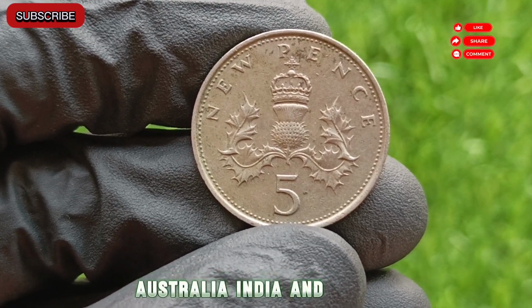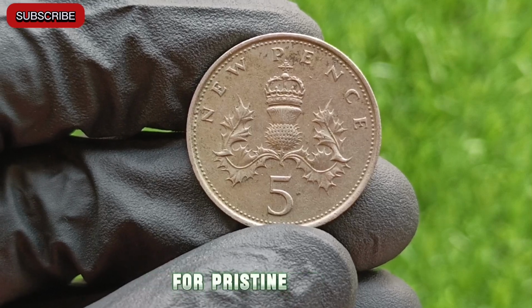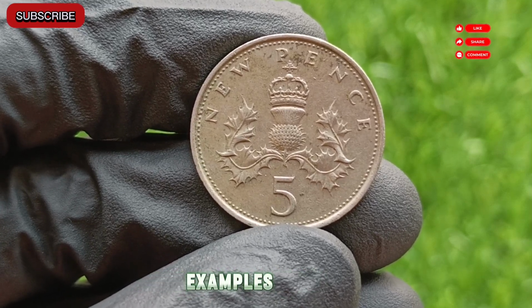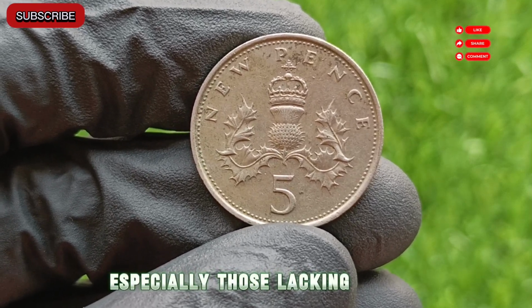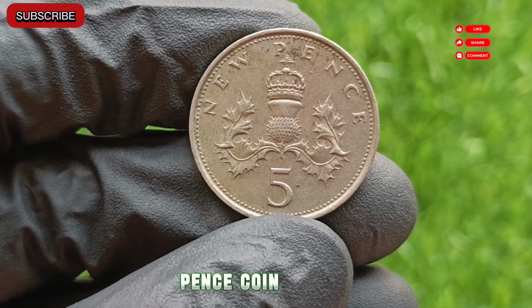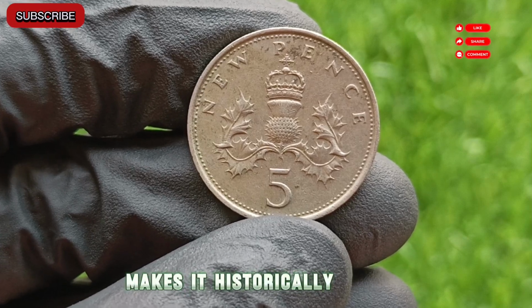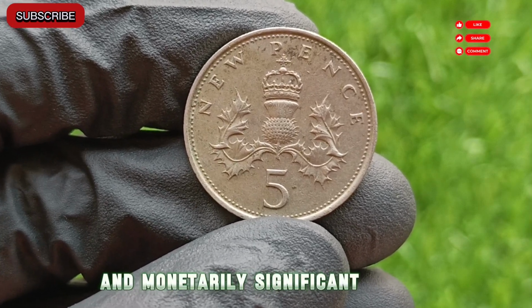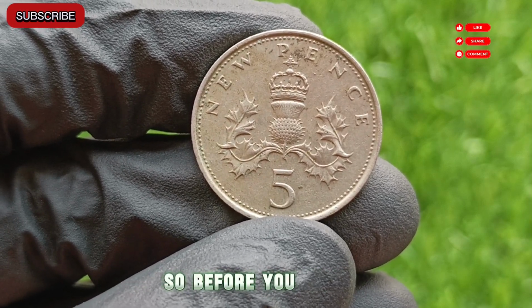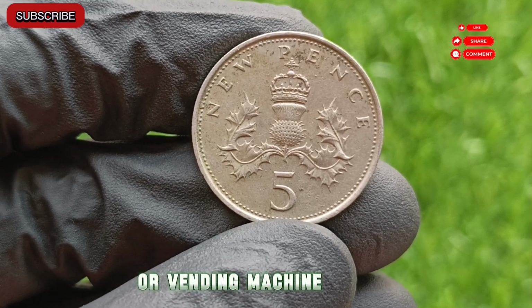Collectors in Canada, Australia, India, and even the Caribbean pay premium prices for pristine, rare, or misstruck examples, especially those lacking references to the British Empire. The 1978 new pence coin embodies that tension between tradition and modernity, and that alone makes it historically and monetarily significant. So, before you drop that old 5p coin into a donation jar or vending machine, take a moment to